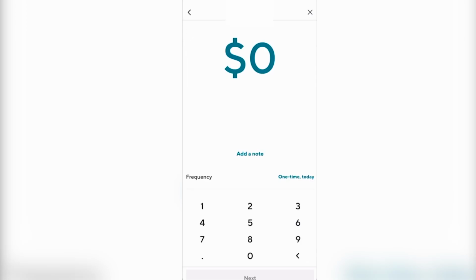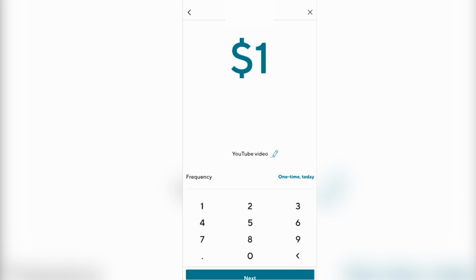From here it will ask you to type the amount of money that you want to send to your friend. You can send a minimum of $1 to your friend. Once you've entered the amount, all you have to do is click on next at the bottom, and then it